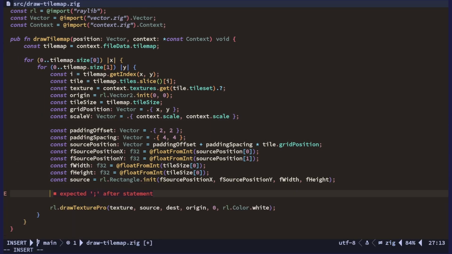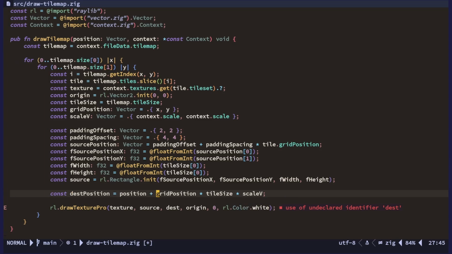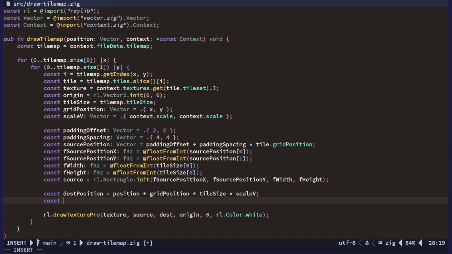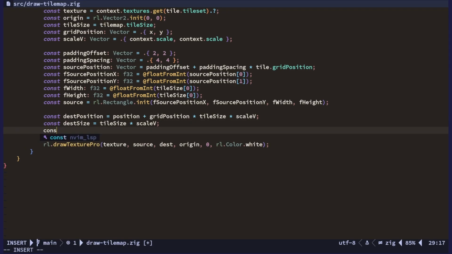Okay, so this is scale as a vector. So we start with a position, we then add the grid position times the tile size times the scale. So that should be the position. And then we also need the size, so destination size, and that's just going to be tile size times scale v. And then the destination rectangle is going to be the rectangle, destination position 0,